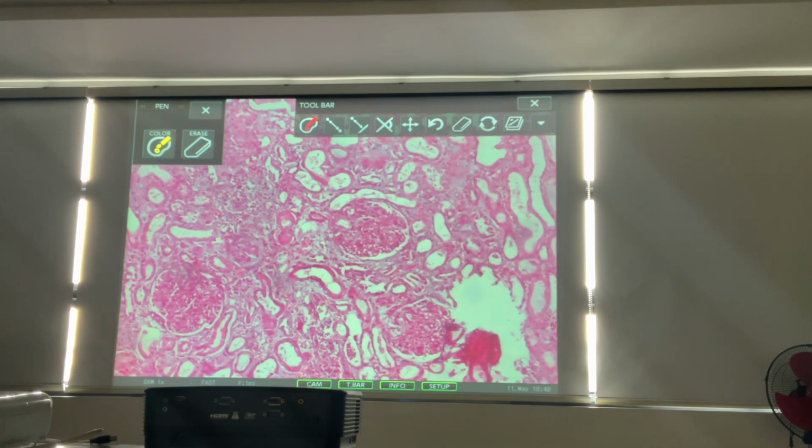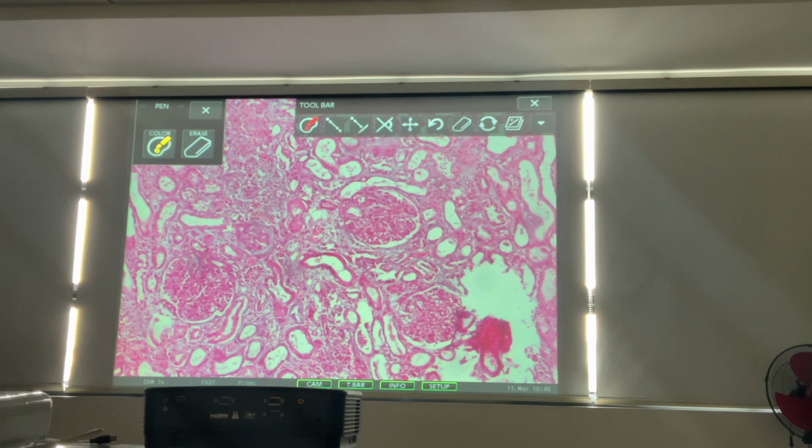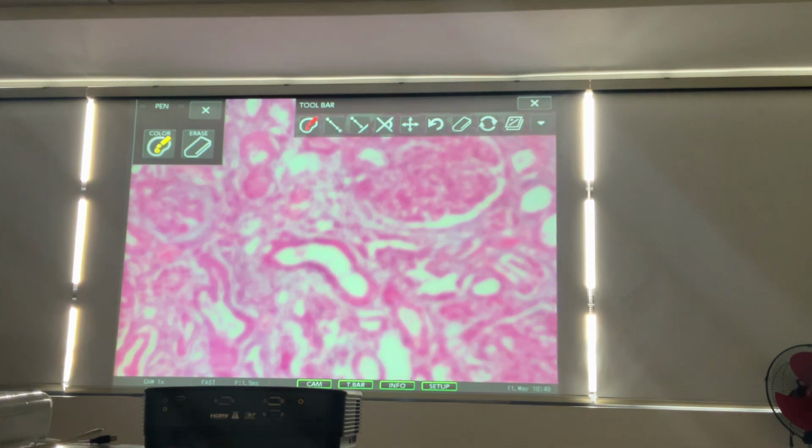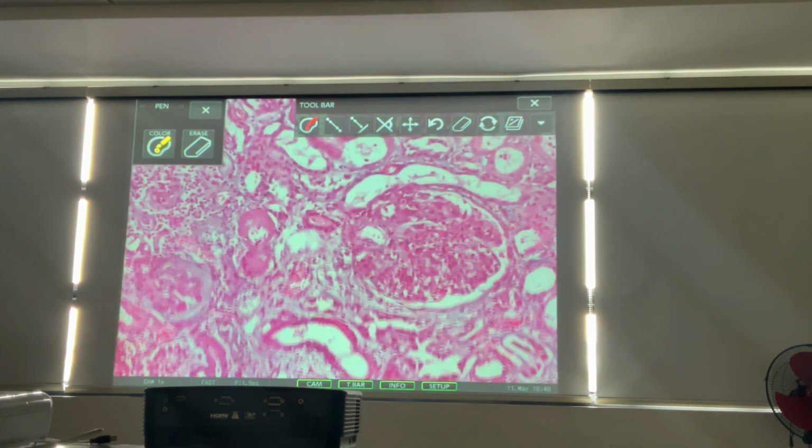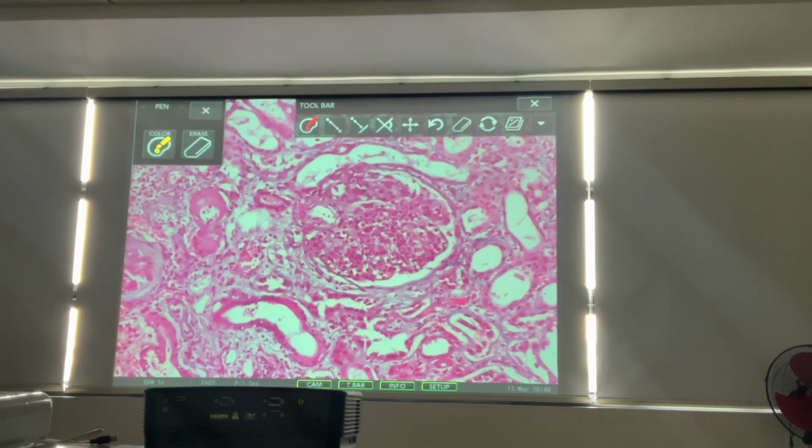Now, what is one of the most important differentiations of the two? Okay, very good. So that's one of the things that can readily help you distinguish one from the other. The interface, the Bowman space. In lupus nephritis, the glomeruli are contracted, so you will have a wider space. Whereas in diabetic nephropathy, it's not contracted.